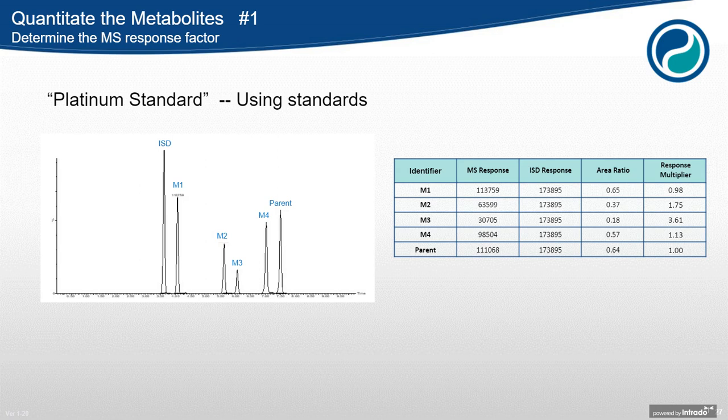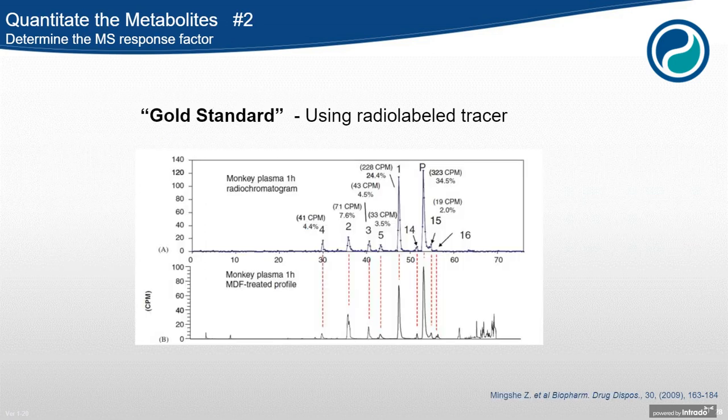Next slide, please. So the gold standard, what is a really great way to do this, is if you have a radiolabel version of that drug, where you do an incubation at increased concentration in microsomes or hepatocytes and obtain an in vitro sample that we then run and compare the mass spec data with the radiochromatographic data, and we're able to determine the relative mass spec response based on those two data sets. Unfortunately, radiolabel is not always available at this stage. So let's go to the next slide.